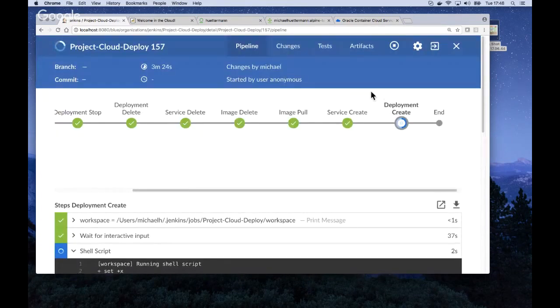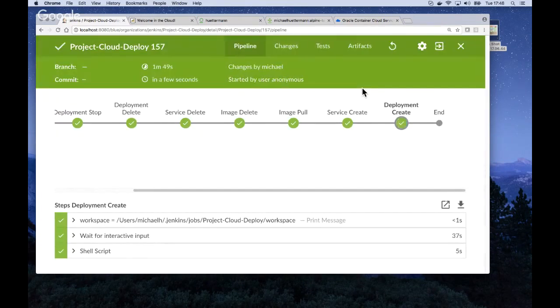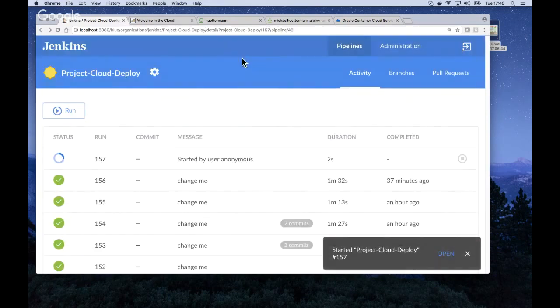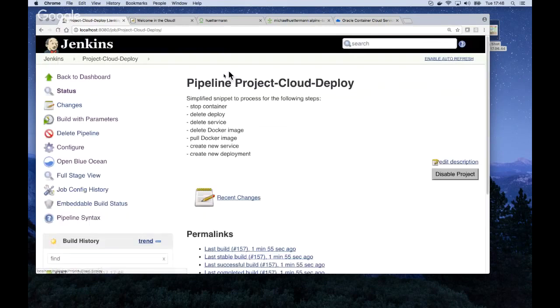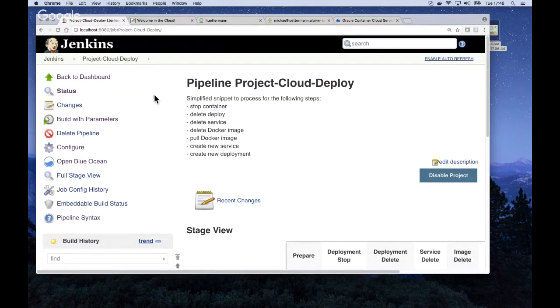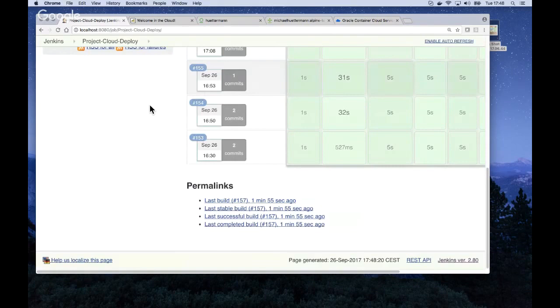And now the promotion is active actually, and the Docker image was pulled from Bintray and pushed to Oracle Cloud, and the container and the service were created. So a couple of minutes ago, before the demo, I